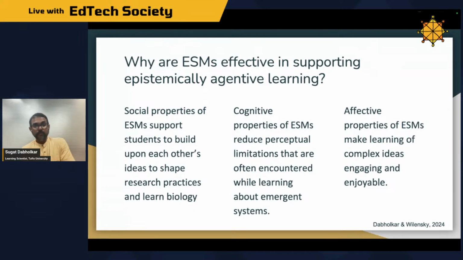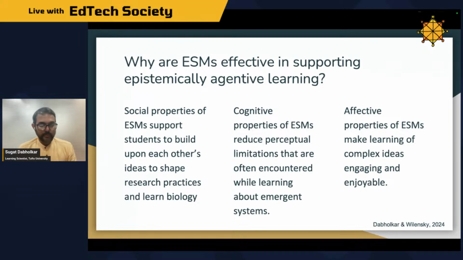And I did this work with students and analyzed their participation. And the findings are that social properties of ESMs support students to build upon each other's ideas, to even shape research practices. So how can we conduct research using ESMs and learn biology when the model is about biology? The cognitive properties of ESMs reduce perceptual limitations that are often encountered while learning about emergent systems. So if I start talking about fur color of a mouse and then population changing over generations, on one hand I'm talking about single mice, and on the other hand I'm talking about population, and that causes